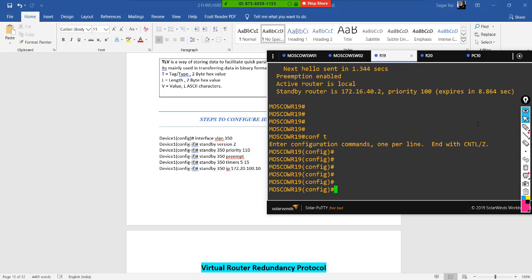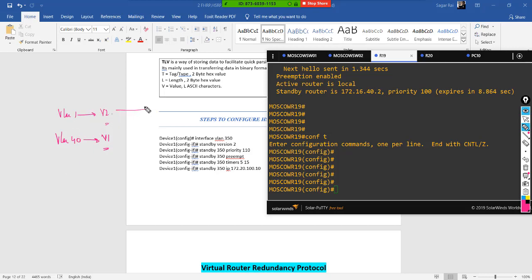Let's say I have VLAN 1 and VLAN 40, both running version 1 as of now. I'll make VLAN 1 version 2 and keep VLAN 40 as version 1. That's possible.